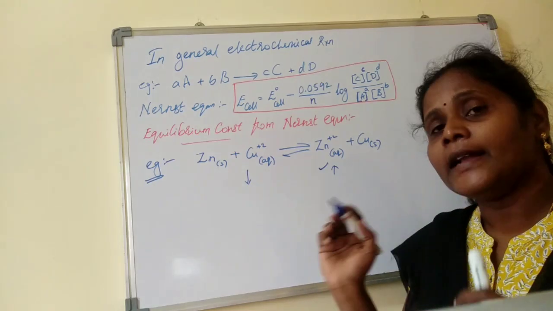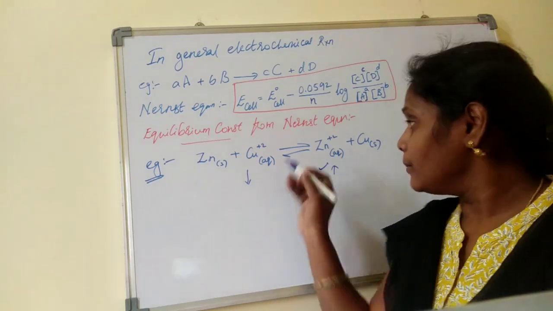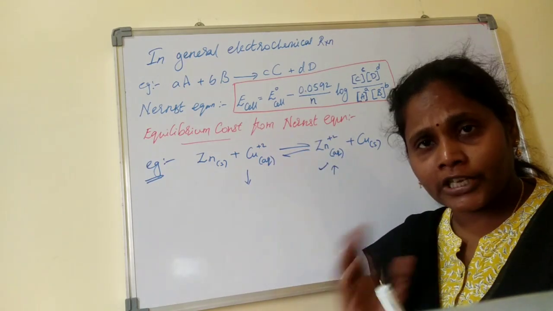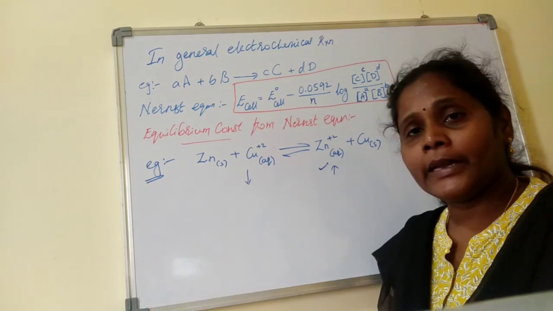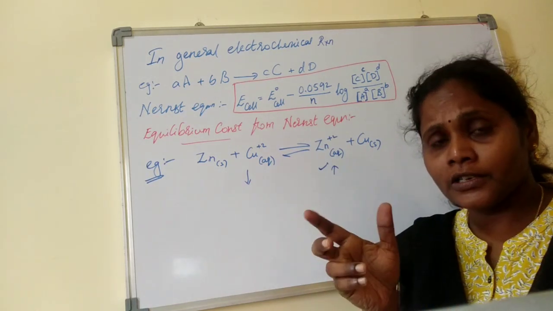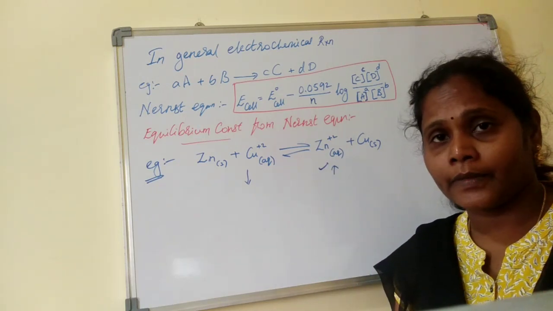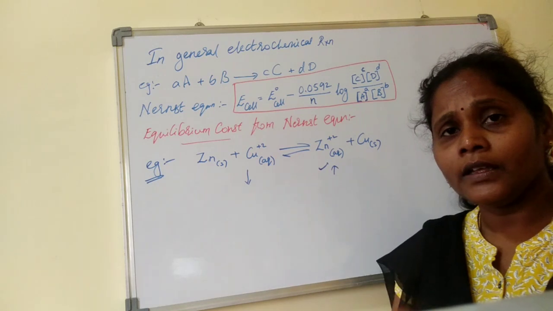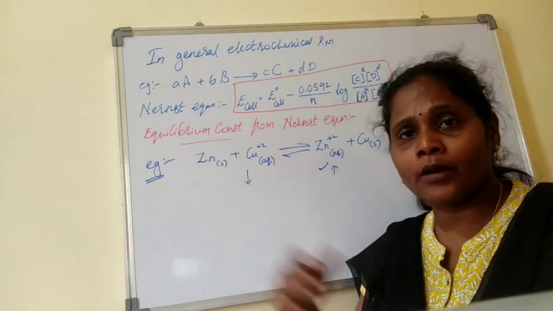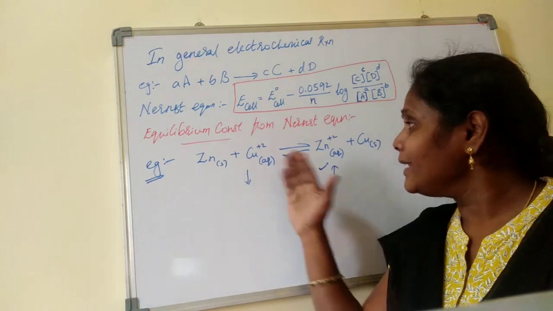But at a certain time, by this conversion, we can see the change in our voltmeter, because the voltmeter will give you deflection. The E cell we can read directly, experimentally. Experimentally, the cell shows how much electrode potential is developing during the time, right? But after some time, an equilibrium is attained.